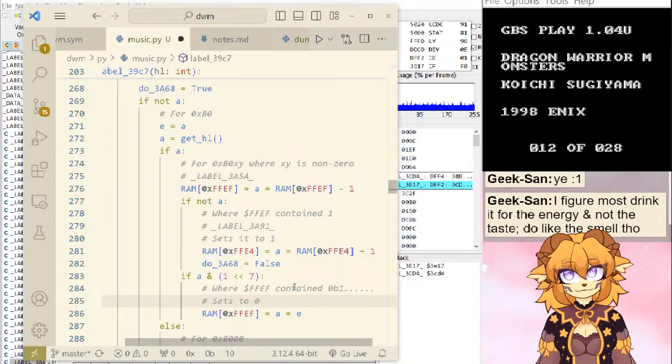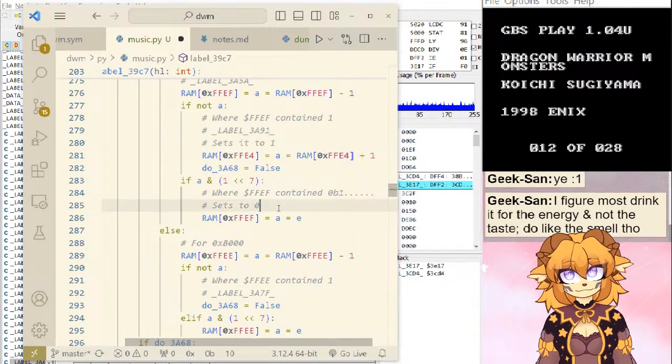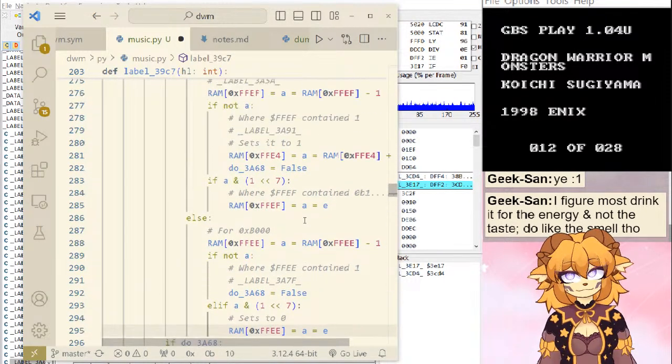This also sets to 0, right? Or no? Oh, this isn't set to 0. This is not 0. This is non-zero. This one sets to 0.